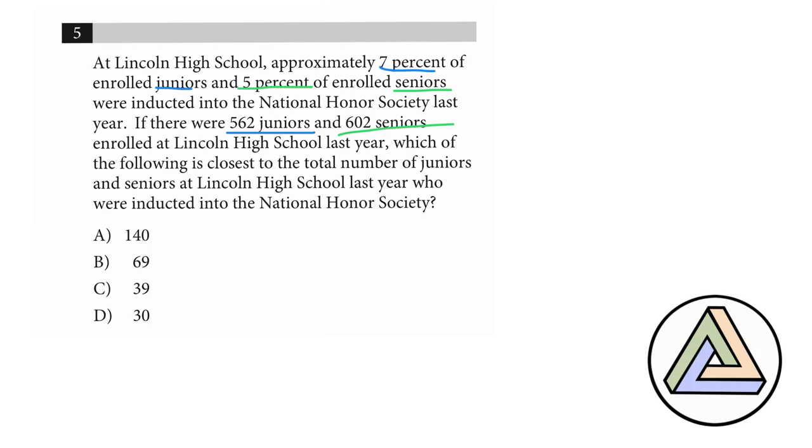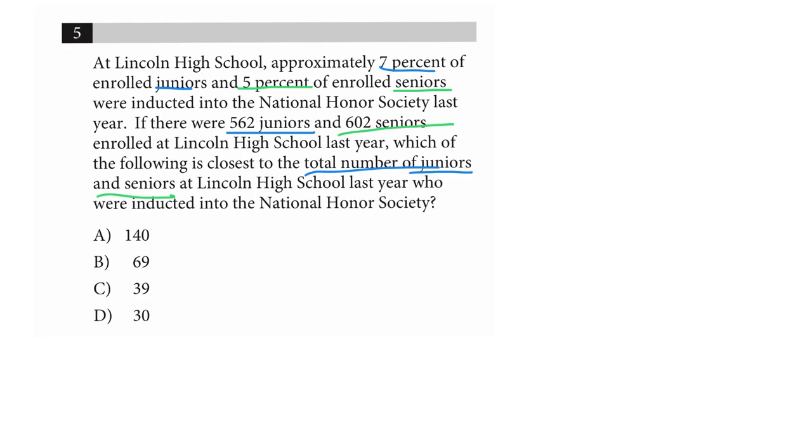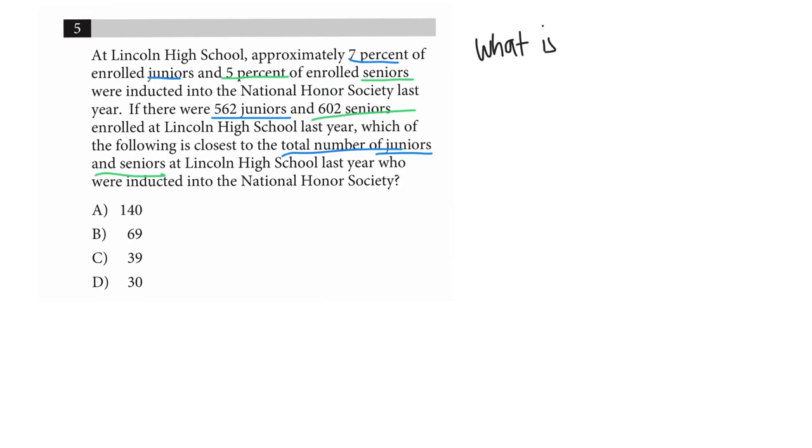And then whatever those numbers are, you just add them together, because we want the total number of juniors and the total number of seniors inducted into this National Honor Society. So this is just sort of testing your ability to remember how to find percentages. This is certainly where a calculator would come in handy. If we want to know what is 7% of 562, you could always think of it in terms of the verbal aspect, where you could literally think to yourself, what is 7% of 562? And the other question to ask yourself is, what is